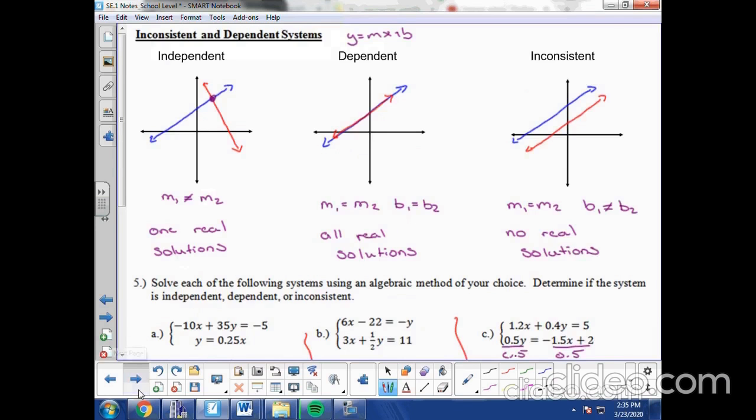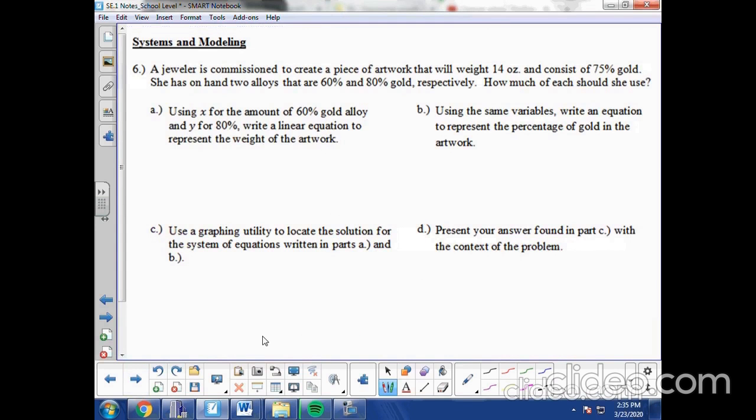To our last section in the SE.1 notes: systems and modeling. So basically what we can do is we can turn systems of equations into word problems. What I did with the first couple was break them down into steps, and on the last one we're going to put all the steps together at one time. So, problem